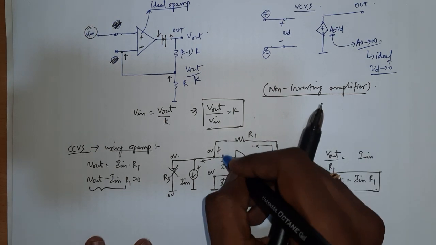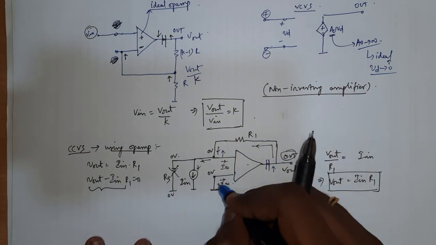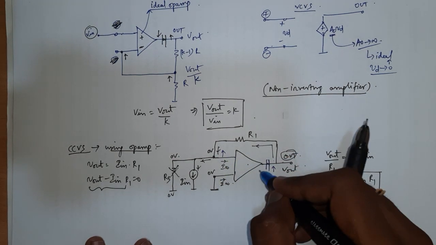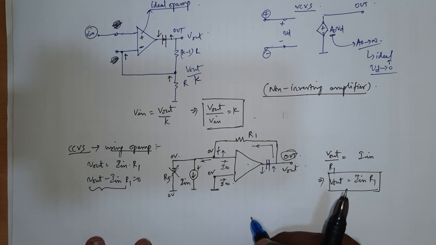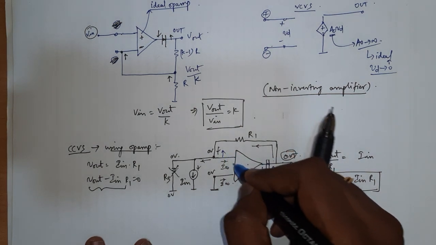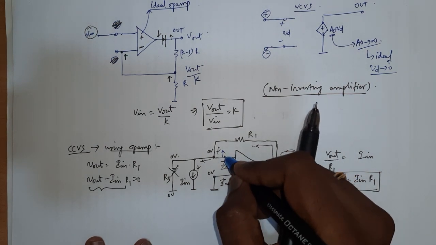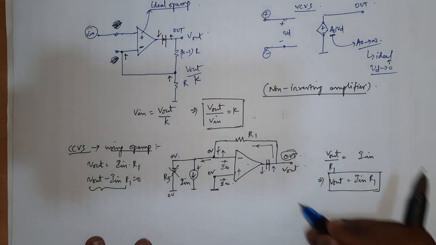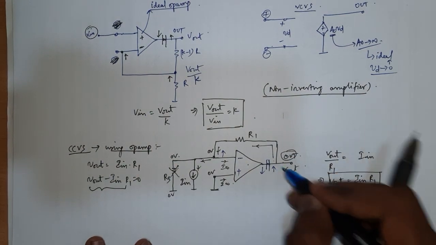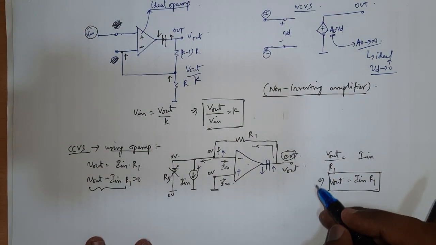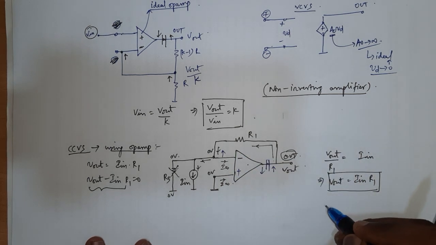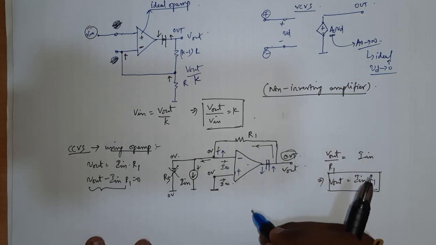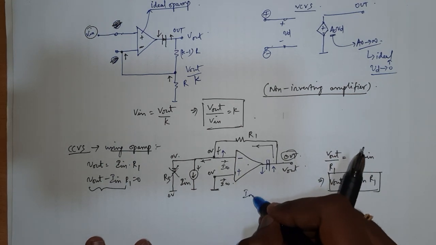If this node voltage increases, this node voltage will increase, and this is at ground already. Eventually I want the difference to reduce and this point voltage to reduce. That means if this is increasing and I connect this to positive, then the difference will keep on increasing. So obviously this should be connected to negative and this should be connected to positive, so that the difference will reduce and this value will come down. That is what I call negative feedback, and this is how we figure out the signs of the op-amp. And because the input here is connected to the negative terminal, you call it an inverting amplifier,